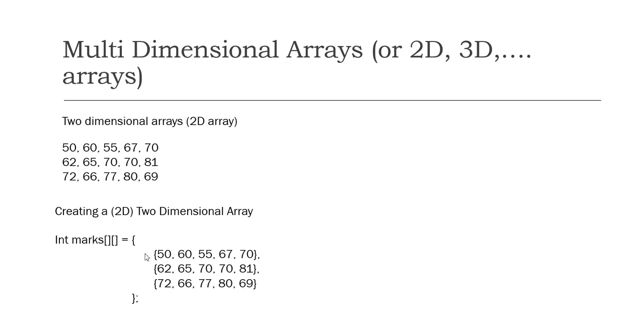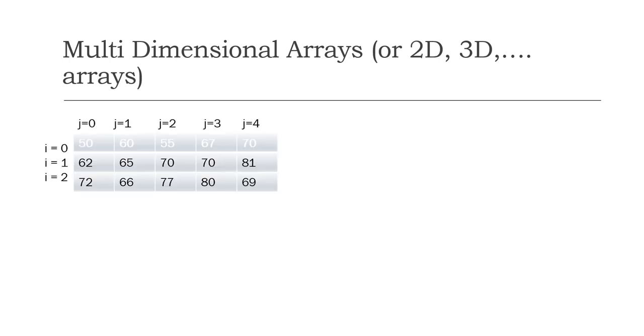So if you see, this is like the 1D array that we have written earlier, and then this is another 1D array, and this is another 1D array. These are separated by commas and inside the curly braces. This is how we represent the two-dimensional array. So there are 3 rows and 5 columns in each row, right? So the JVM creates 15 blocks of memory as there are 15 elements being stored into the array. So the blocks of memory can be individually referred to as something like this, right?